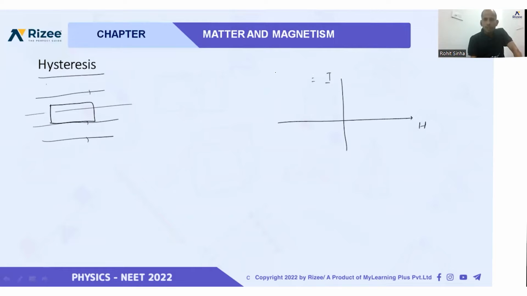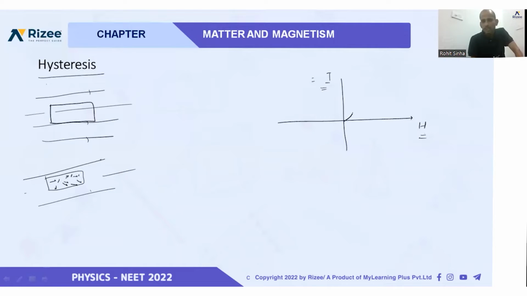It is intensity of magnetization, and it is magnetic intensity. It was magnetization intensity and it is magnetic intensity. You remember those two values? Now see what happens if we increase the magnetic intensity here. Very few materials will get magnetized, very few. They will start magnetization. When we are increasing H, their intensity of magnetization will increase and it